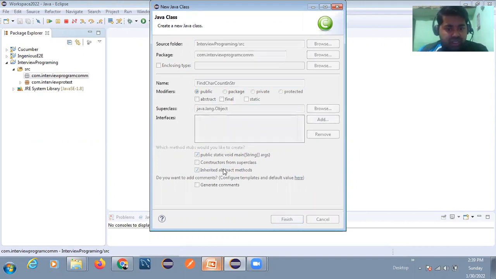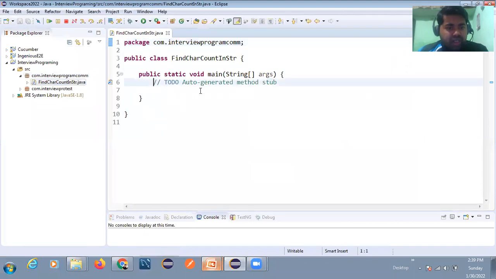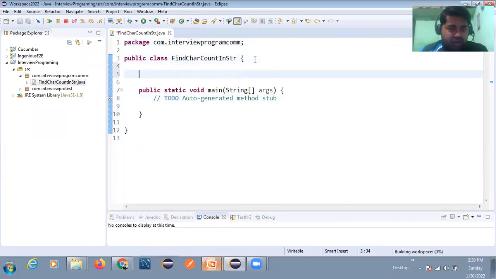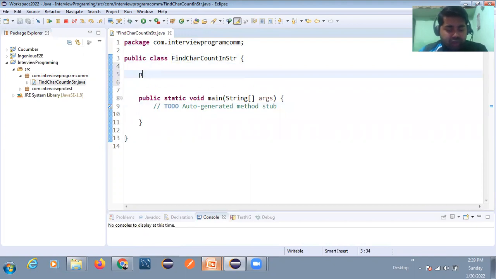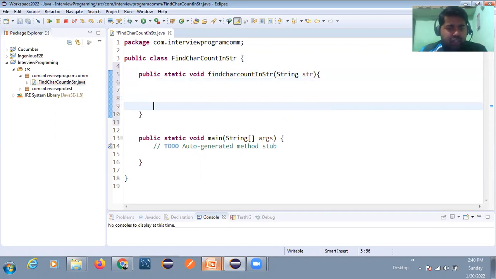I will select the main method, and then we will create one function, or method: public static void, since we do not have to return anything, findCharCountInStr. I have made a static method, so I'm going to pass a string str here.